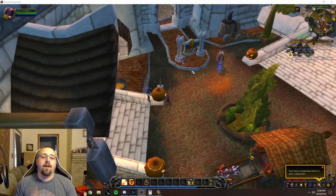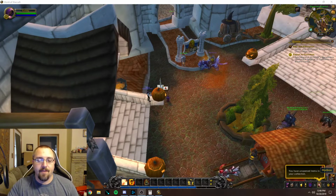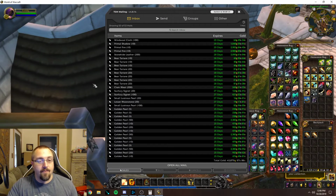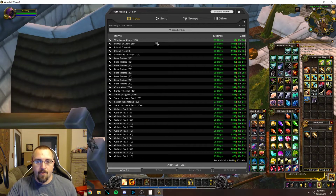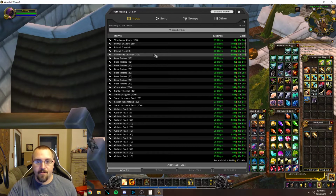Alright guys, so now we are back on the Alliance side and we're going over materials, and this is what we got for this week. We've got 53 sales, and this is the first 50 at almost 46,000 gold, 45,879. We sold some windwool cloth, some primal shadow, some primal fire, some stonehide leather, which